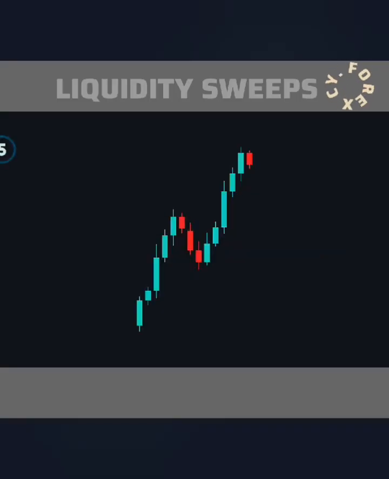setups. We'll demonstrate this by analyzing this segment of a chart on the 4-hour time frame. So firstly, we want to know which direction the current order flow is moving in, which we can see is bullish because we have this break